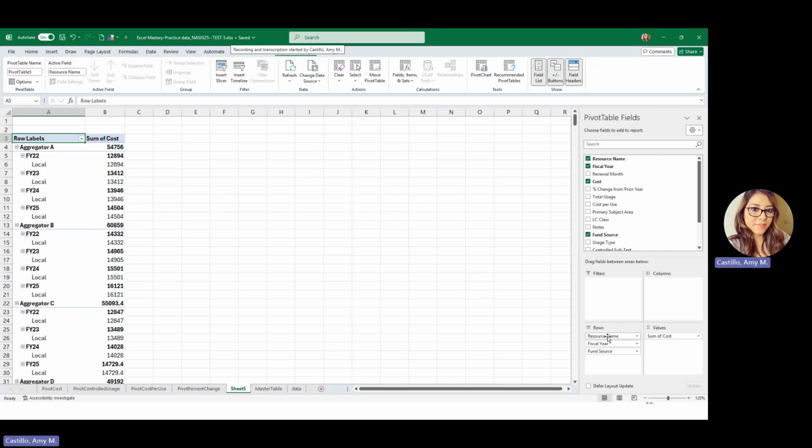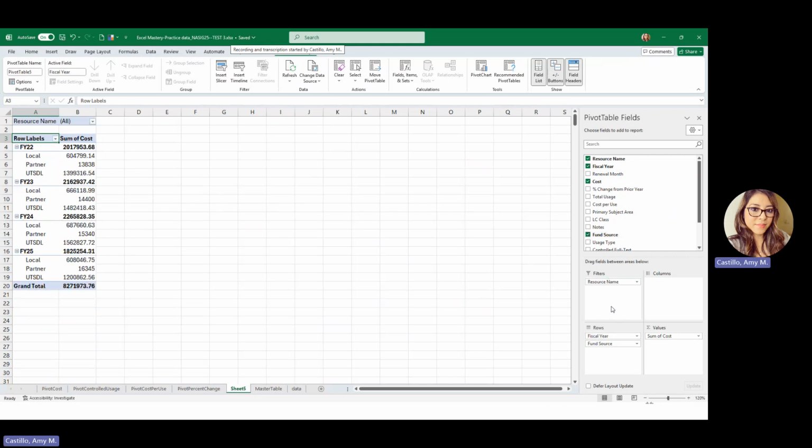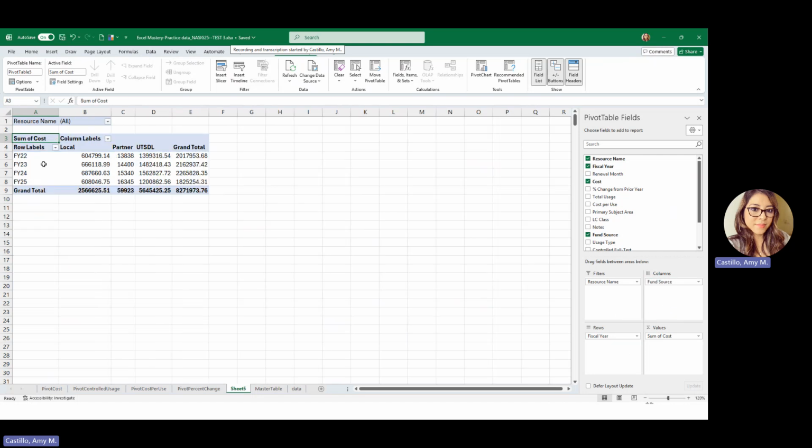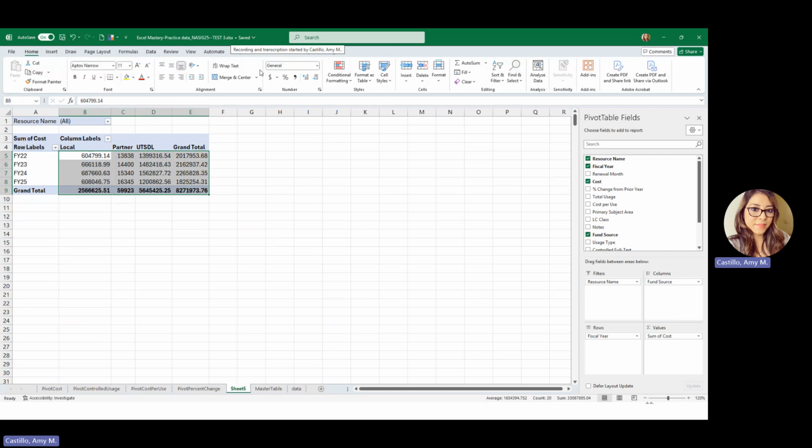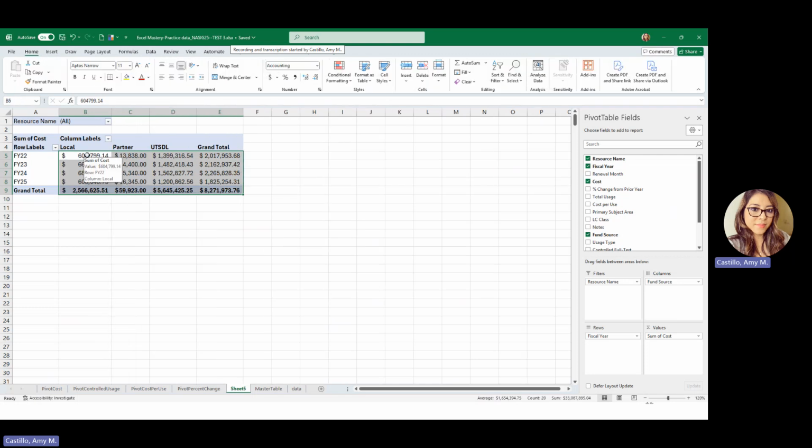So I will move resource name up to filters, and then I want to move the fund source from rows over to columns so I can see it across this way. And then on the table itself, I want to see this in the dollar format, go back to home, and then accounting style here. And then in this case, I'd prefer to not see the grand totals on the rows or columns. So I'm going to move over to the